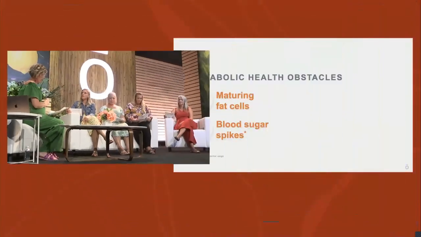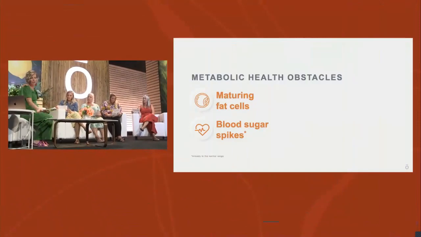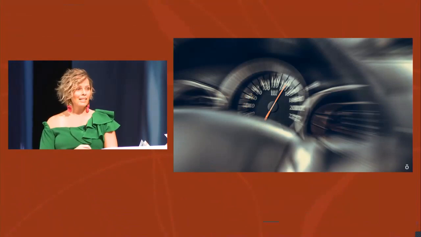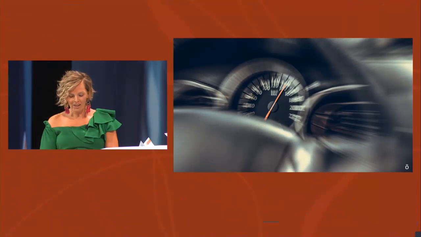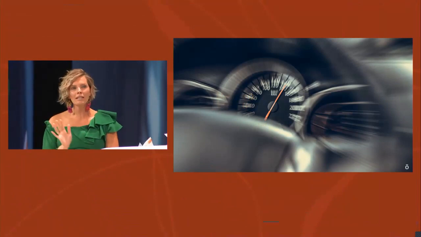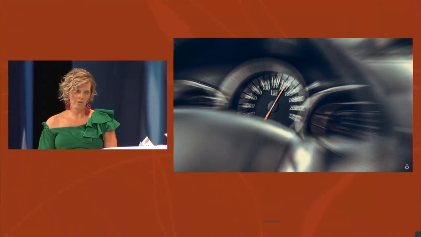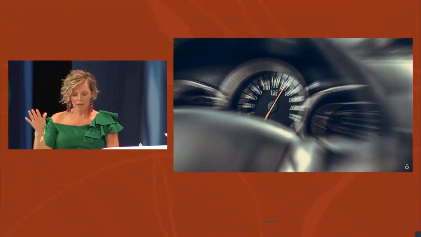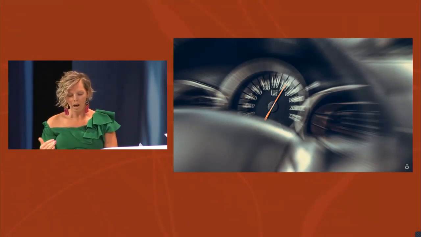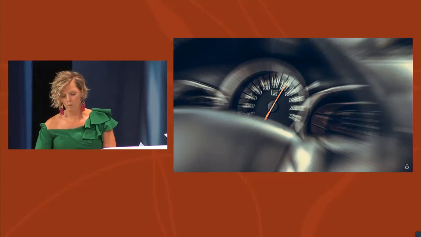Okay, the second metabolic health obstacle we talked about was blood sugar spikes. It's been said that each time your blood sugar spikes, you age. Let that one sink in. But I love thinking about our bodies like cars. If you're putting your foot on the accelerator and then slamming on the brakes over and over and over, it's going to wear down the car. Just like when our blood sugar spikes, it can wear down our own body. The more you can smooth out those spikes instead of being so big in your blood glucose and insulin curves, the better. It can actually help to optimize and sustain your energy levels throughout the day as well.